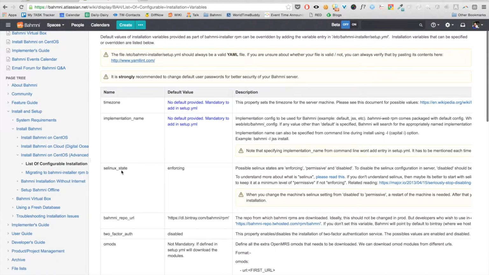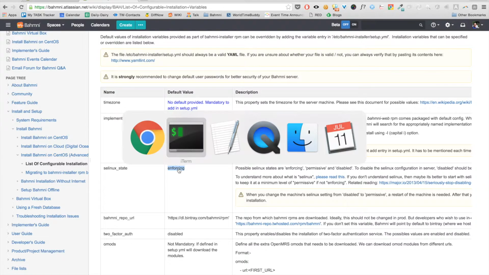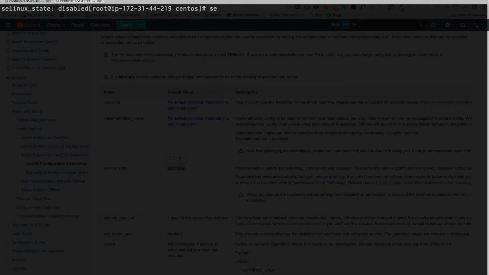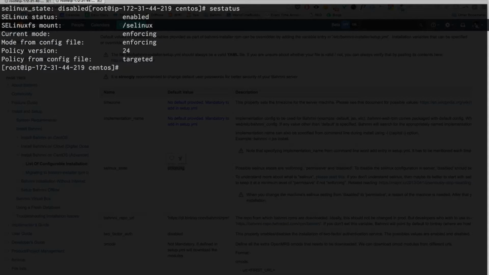In our case, SE Linux by default is actually set to enforcing. Let us see what my machine's current SE Linux looks like. sestatus actually prints the current SE Linux status. It's already set to enforcing. So maybe what I'll do is I will not change it to disabled. I will leave it as enforcing, which is more strict.